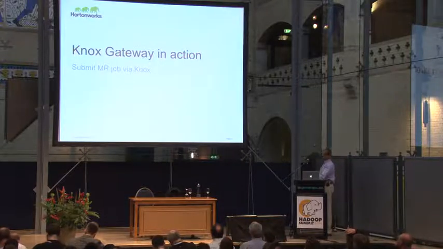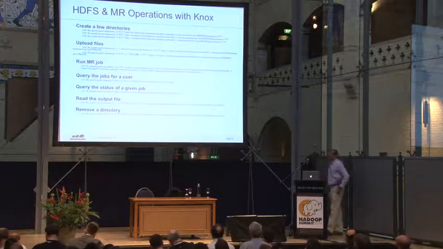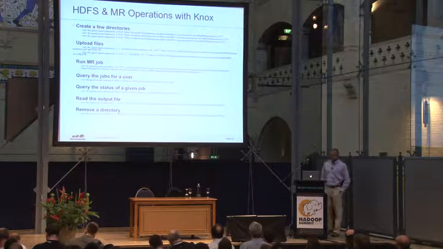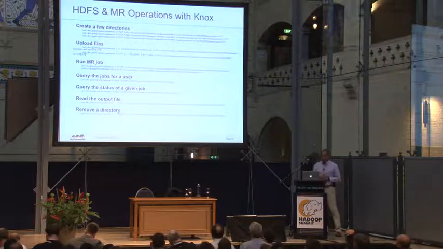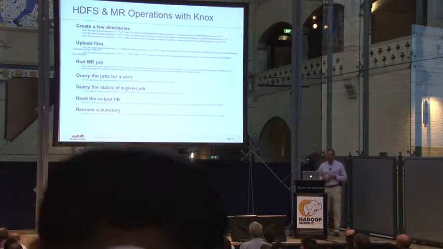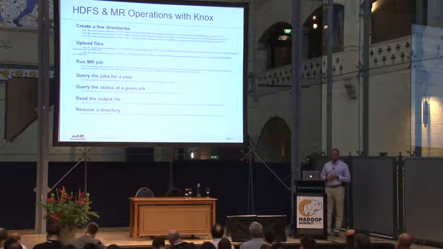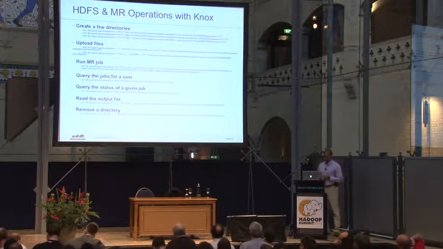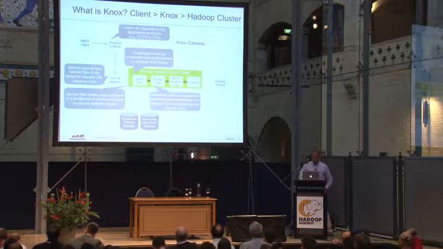So just to give you a summary of what this demo will do. You can see in the demo script, what I'll do is I'll create a few directories in HDFS. I will upload a few files into HDFS. Then I'll run a MapReduce job through Apache Knox. So all this is happening through Apache Knox. So if you go back to this slide,